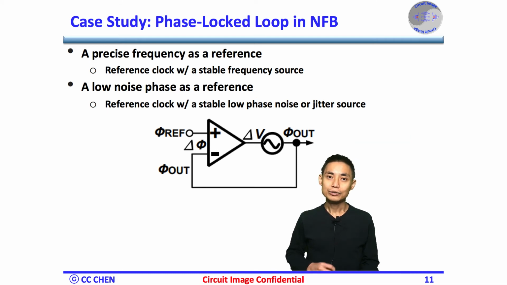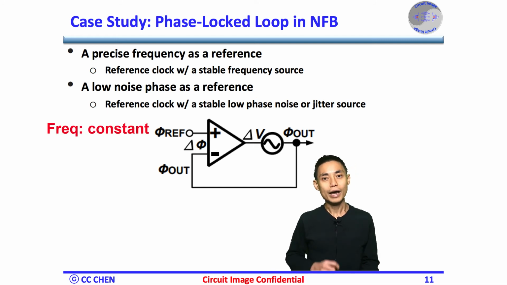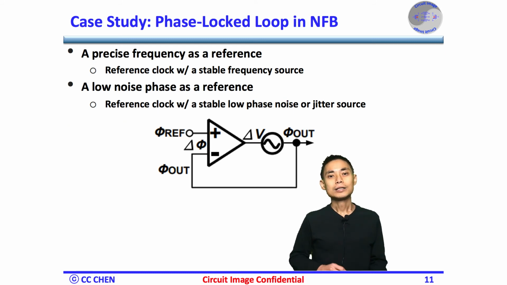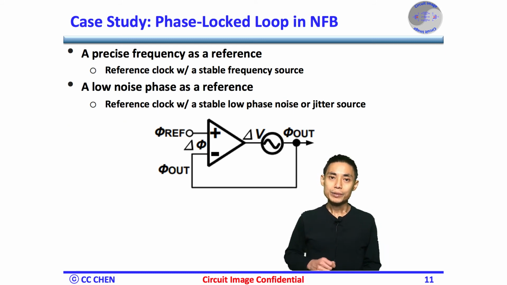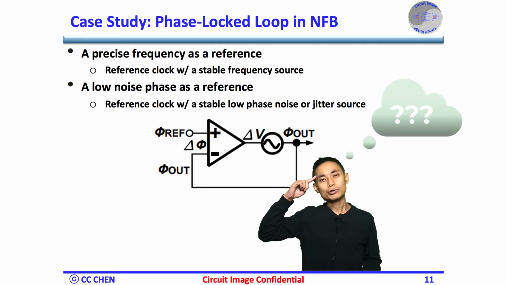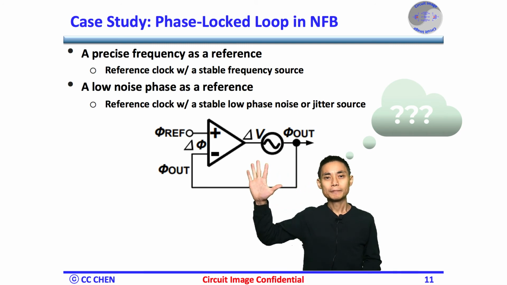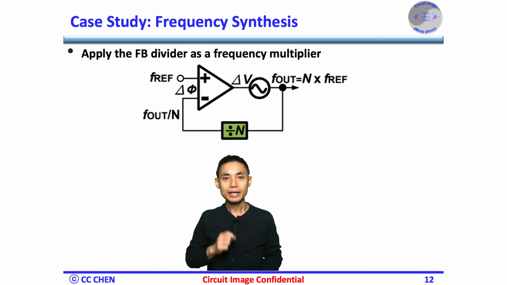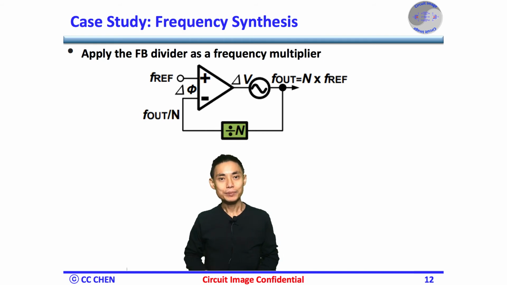However, there is a subtle limitation of the crystal oscillator: its frequency is constant without any adjustment. Furthermore, the frequency is quite low, around tens of megahertz range, even though the phase noise is quite low. Due to those two constraints, the PL might not be applicable. What can we do? Think about your own images for 5 seconds.